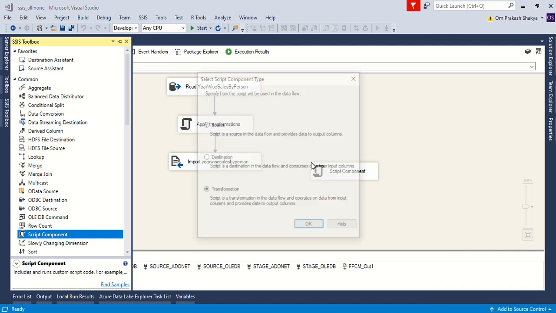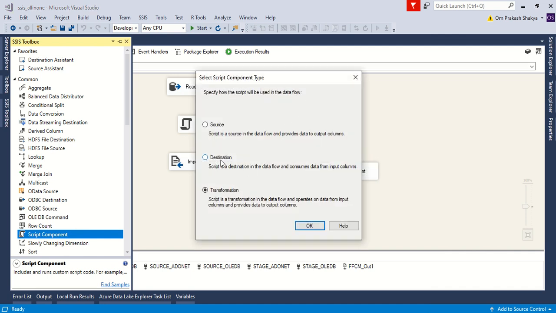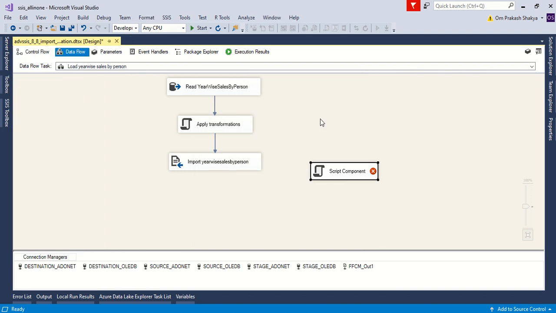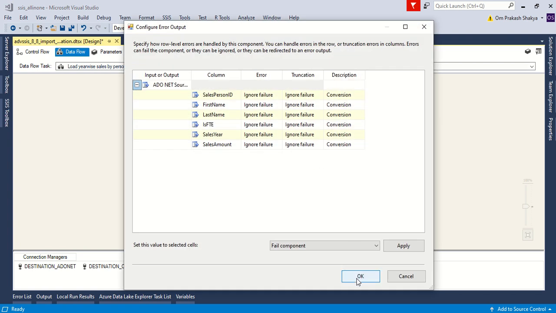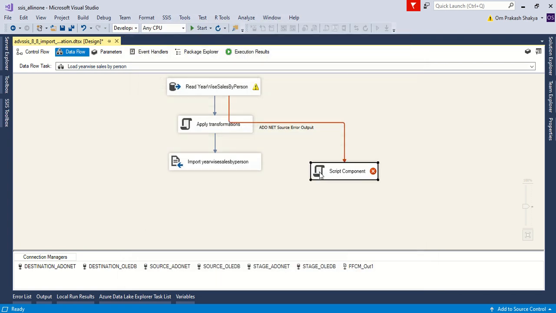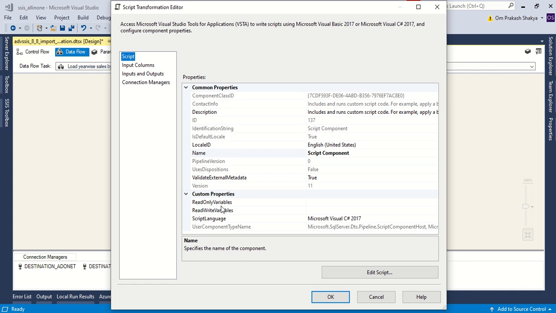Let's see if we want to use this as a destination. For a destination it should have some data, so let me connect this error output, and default is fine for now. Again we can provide the read only variables and write only variables, and we can change the script.